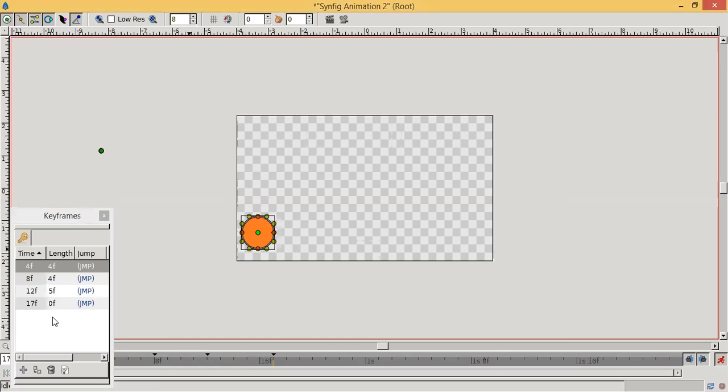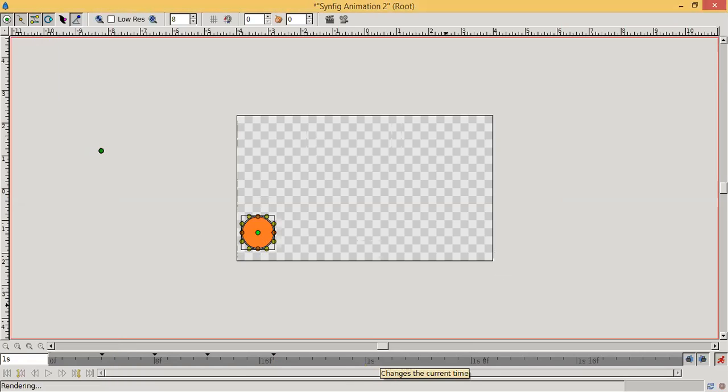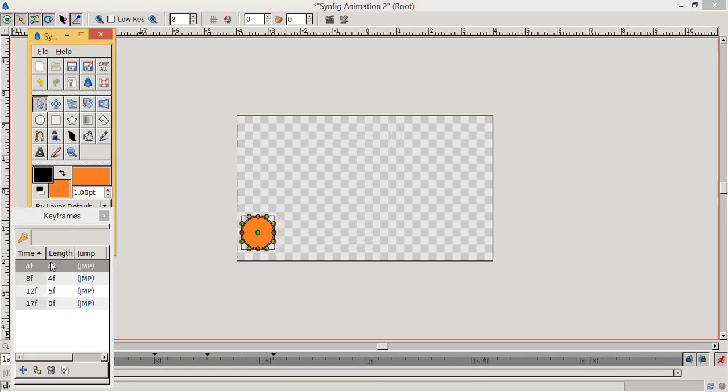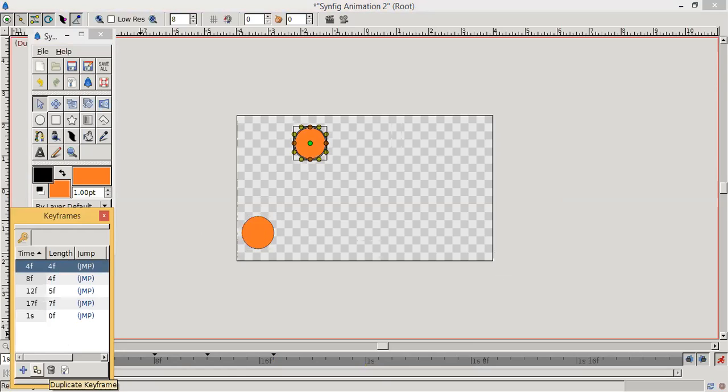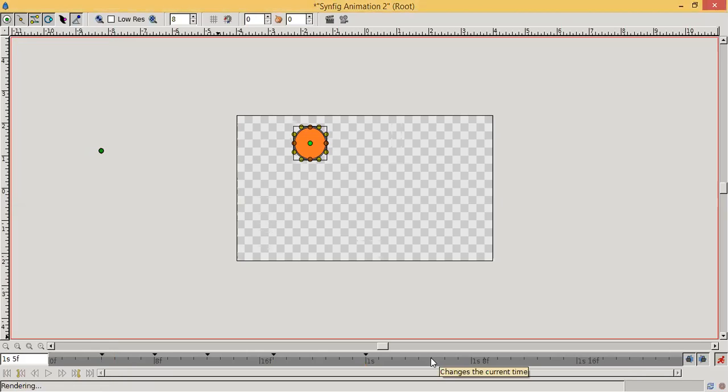Okay. Again click here, 1 second. Click here and set a duplicate structure. Now we'll click here, 1 second.